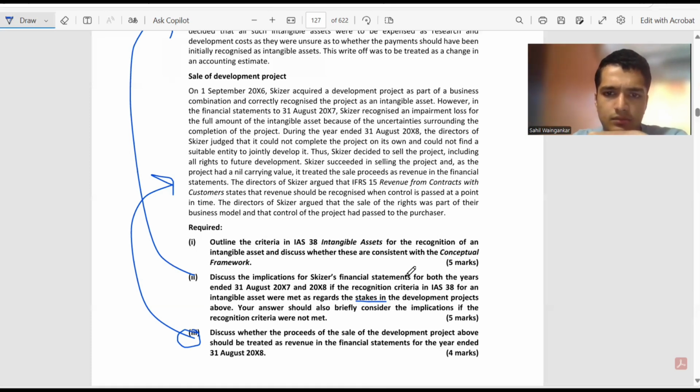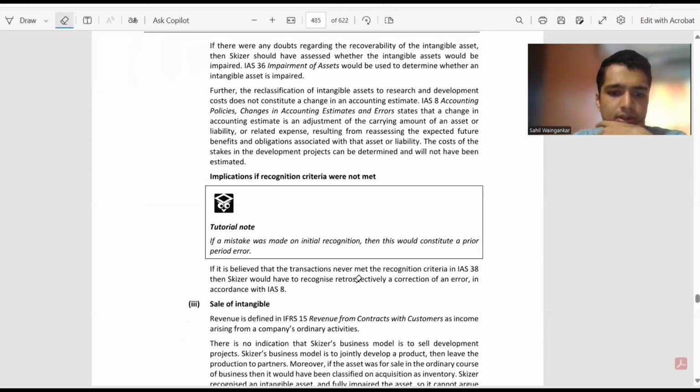व्हाई नॉट, आई मीन आई एम जस्ट सेइंग कि इट कैन बी ट्रीटेड एज रेवेन्यू, इट कैन बी ट्रीटेड एज डिस्पोजल। तो आई डोंट थिंक IFRS 15 विल अप्लाई, दिस शुड बी ट्रीटेड एज अ डिस्पोजल ऑफ इंटेंजिबल एसेट, बिकॉज हमने आधा ऑलरेडी बनाया हुआ था, उसके बाद हमने उसको बेच दिया। चेक करते हैं।